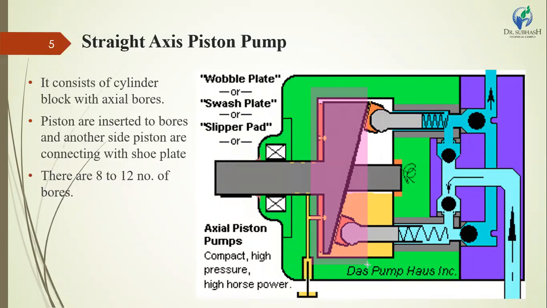When the swash plate is perpendicular to the pump axis, the discharge is zero. If you place the swash plate perpendicular to the connecting shaft, there is no input and no output, meaning the discharge is zero. Discharge increases with increasing swash plate angle from perpendicular to the pump axis. If you increase the angle of this swash plate from the connecting shaft, it gives a higher discharge output.